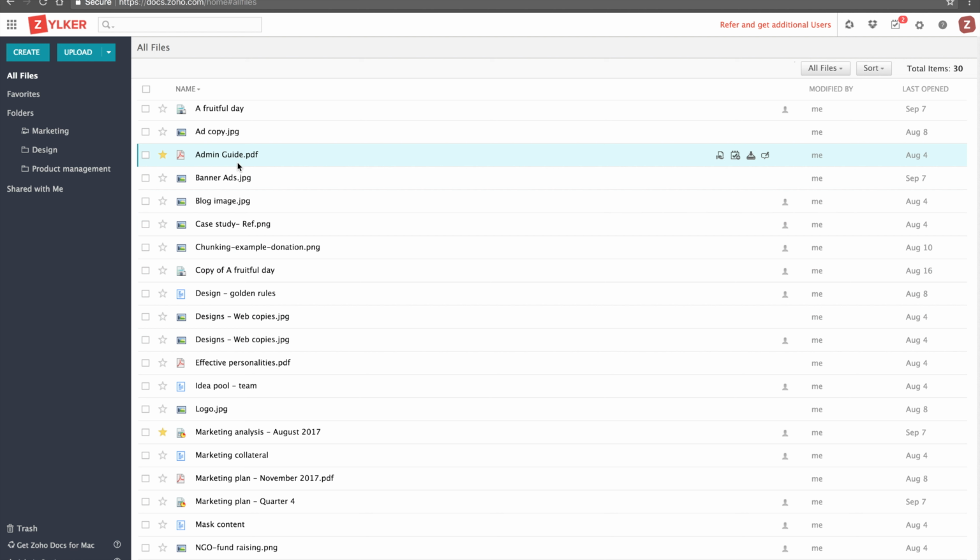Now, when you have too much data, finding one file out of the heap can be a very difficult task. For that, we have a very good option to organize all your files within folders. You can click on create and click on the folder option. Now once you create a folder, they'll appear on the left pane like this. All your folders will appear over here. So you can either organize it based on your teams or tasks, or anything you'd like to group them as.